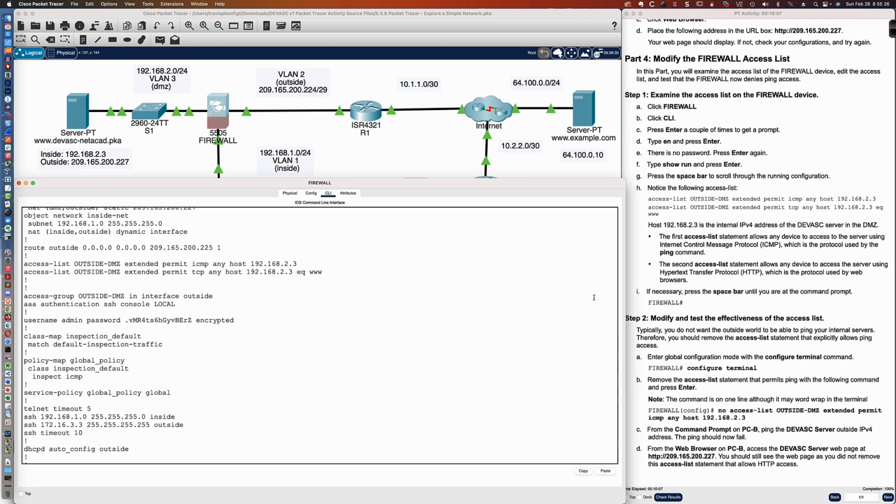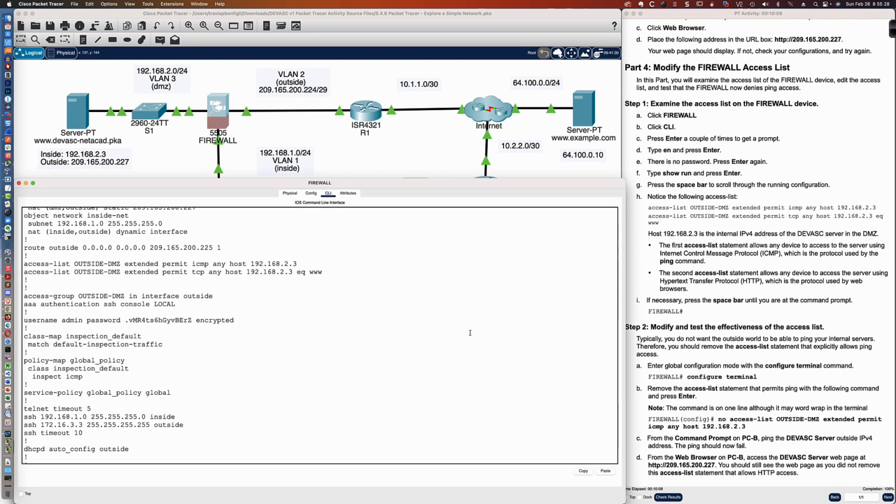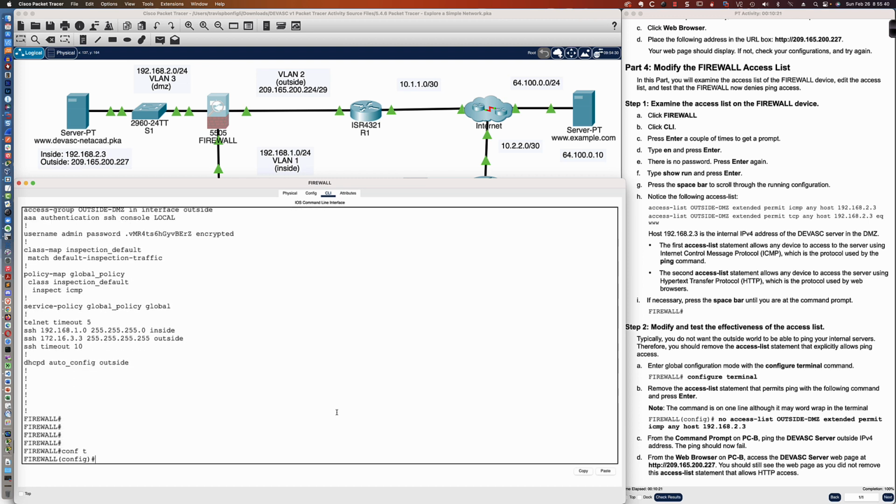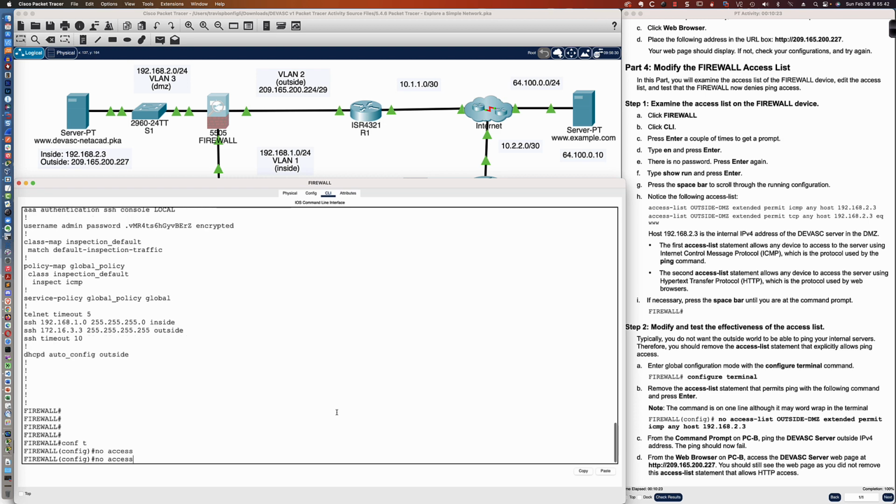Well, we're going to manipulate the firewall here, and we're going to tweak and, hold on one second. Yeah, I think we've done everything we need to do. No password. Okay, yeah, and we're going to get rid of that ICMP rule. So we're going to get into global config, and we're going to say no access list